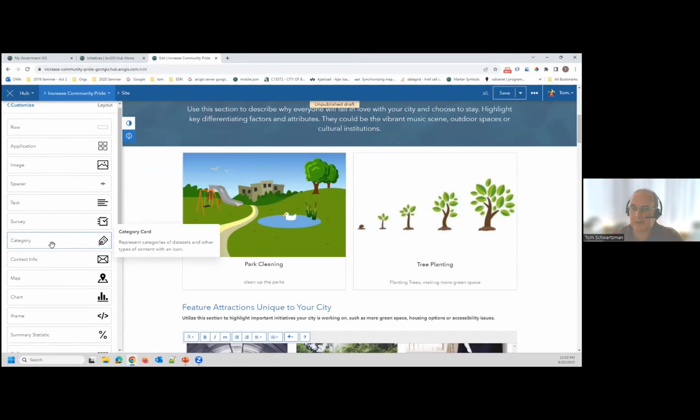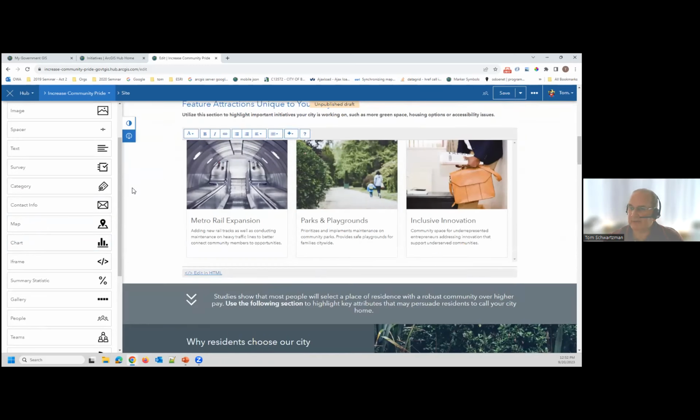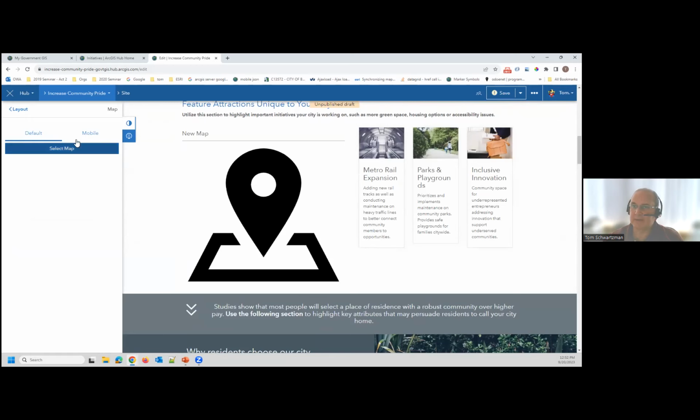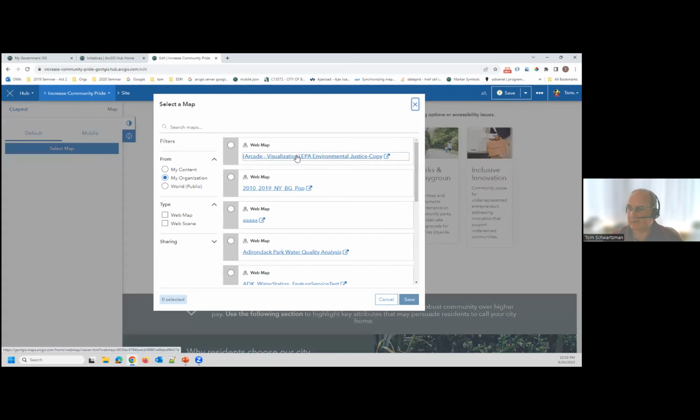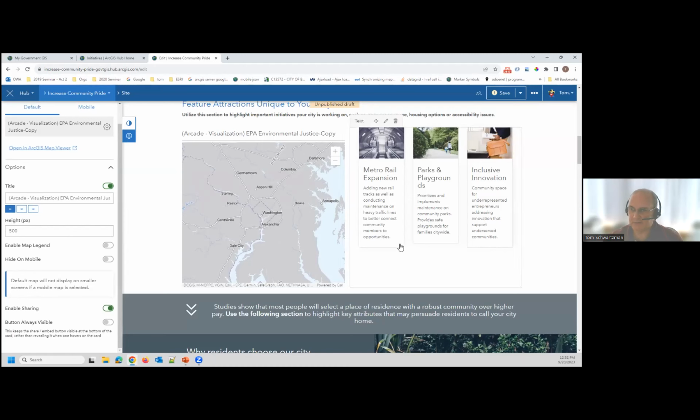For instance, I could grab a map. I want to put a map in my page, and I want to put it, let's say, in this row next to these 3 cards that are here. So I'm going to just grab that map and drag and just drop it to the left. And now I have a map, and then I would select that map, whatever it is. Oop, I did not mean to click the map, but click the checkbox. And now this map is embedded, whatever it is, right? And I can interact with it. I can't interact with it here in this design mode, but I can when I save and look at it.